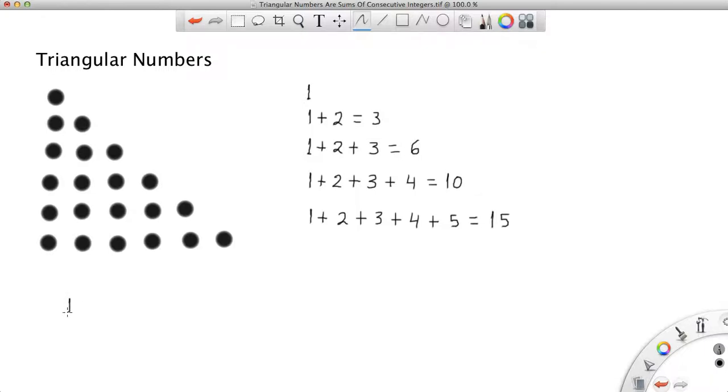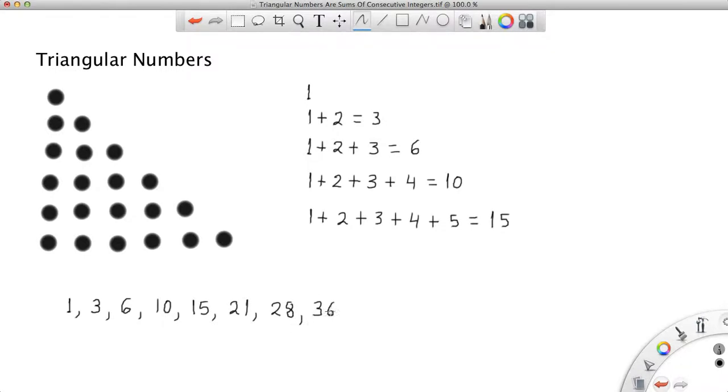We start with the number 1, and then we add 2, so that gives us 3. And now we add 3, that gives us 6. We add 4, we get 10. We add 5, we get 15. We add 6, we get 21. Now 21 plus 7 is 28. Now we add 8, and 28 plus 8 equals